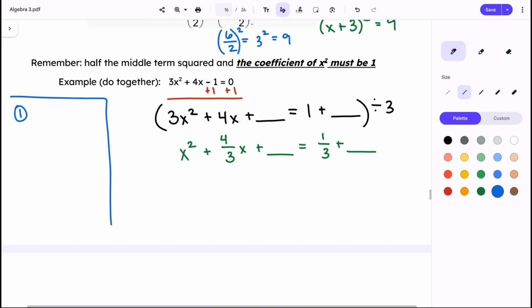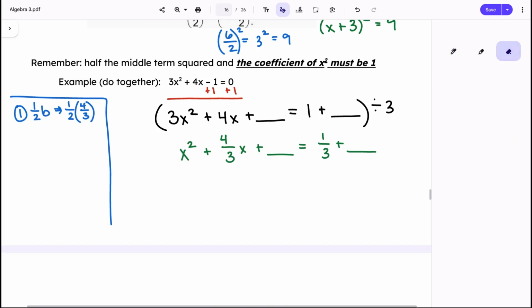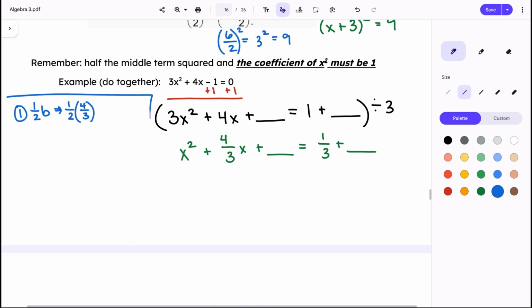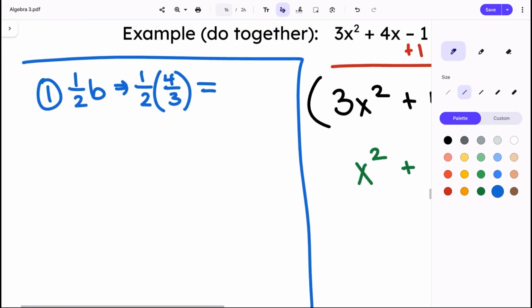Step 1 is I'm going to take half of my b term. So I'm going to take half of the 4/3. You're taking a half times 4/3 there. What does that become? And maybe reduce before you multiply. What would that become? What's a half times 4/3? Use your calculator if you need to. 2/3? Okay,